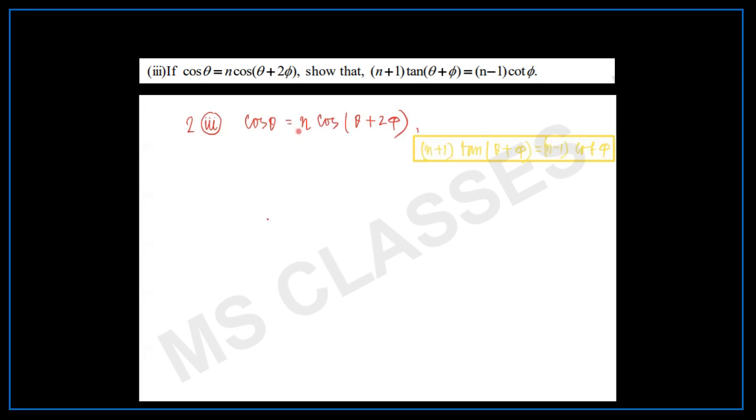So we write this one as: we have n equal to cos theta by cos of theta plus 2 phi. Now using componendo and dividendo,